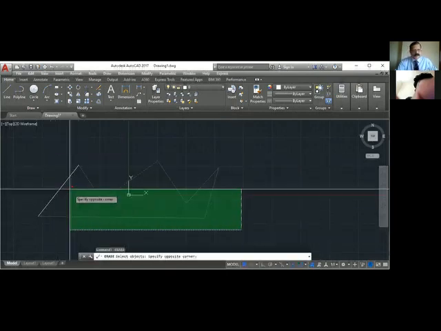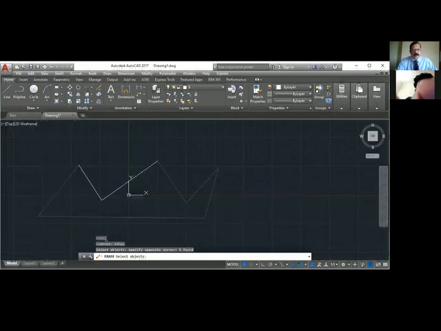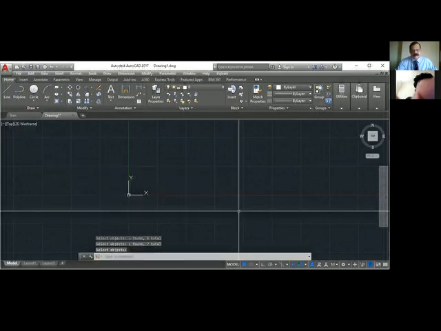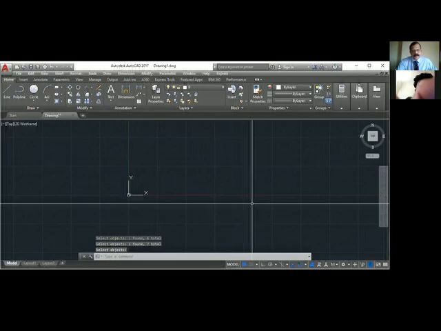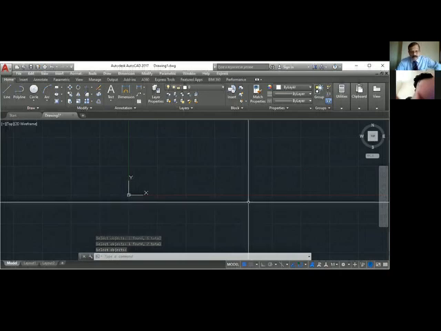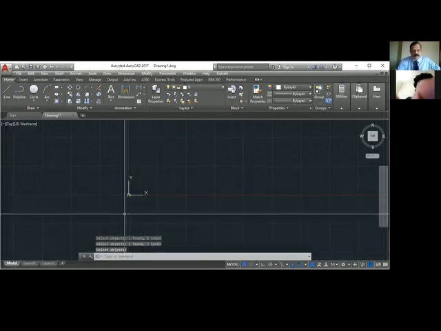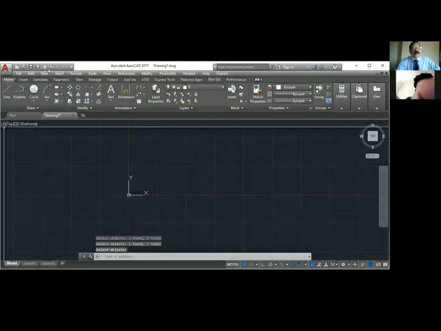I select everything. I selected only this one. I forgot to select these two. Okay, so now I have to add this, not remove, add. I'll say A, add. Click this. Click this. A to add, R to remove from the group. Okay, enter. So everything is gone. Okay, we can write out the steps later. I will just explain to you. I will say undo. So this is undo.